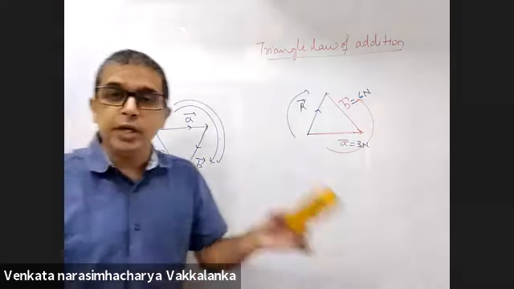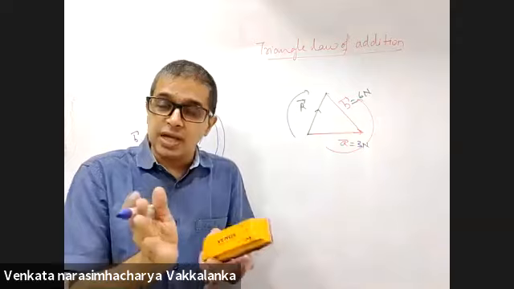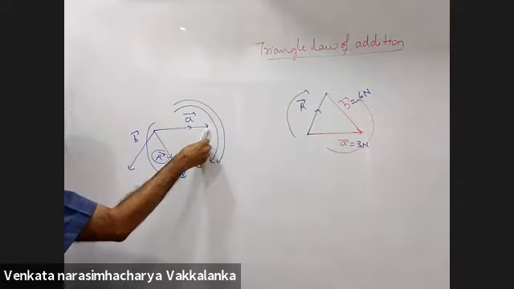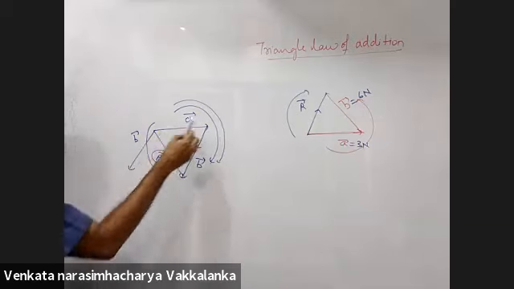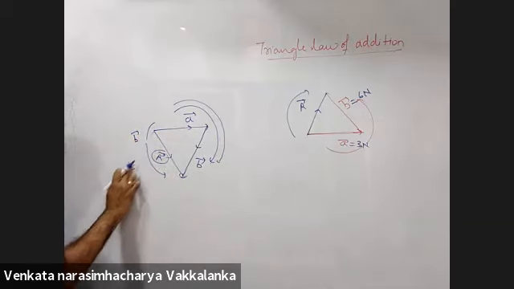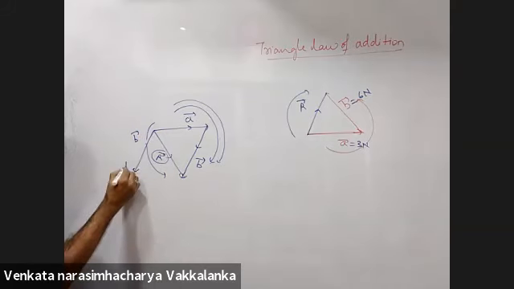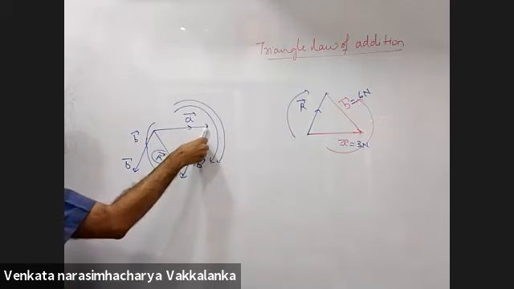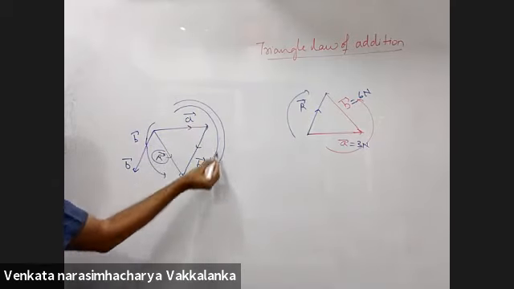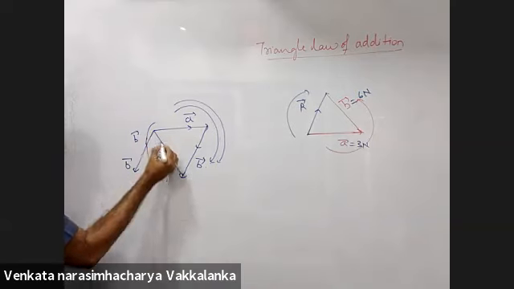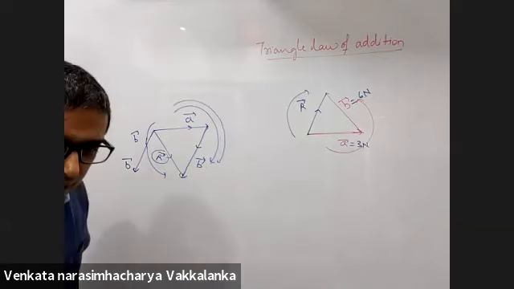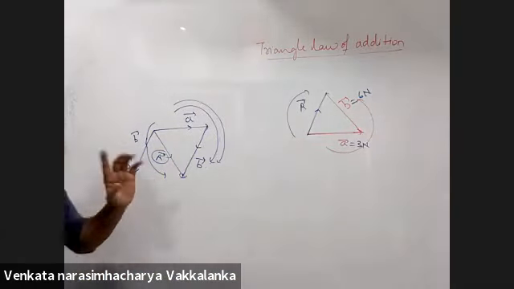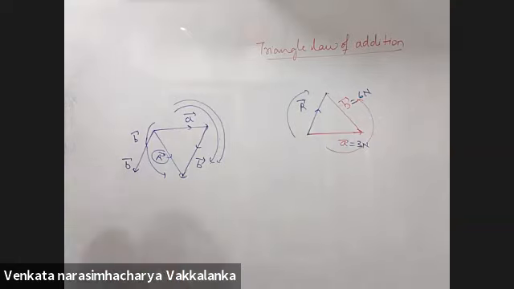So even if they don't arrange two vectors in one order, you can arrange them by translating it here. Translate this vector this way. This was B. You translated the vector B here. A and B are two sides of a triangle taken in one order. Third side of the triangle taken in the reverse order is the resultant. Till here, is it clear to all?